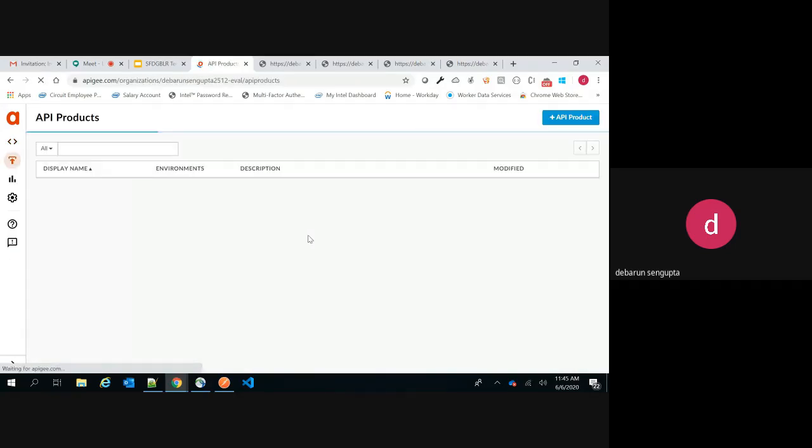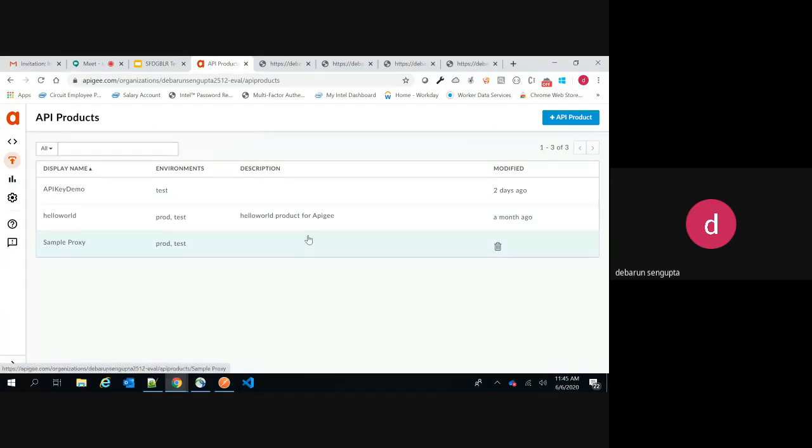So before coming into product, let's discuss what is an API product. An API product is nothing but just like a package. It's a package where you club up all the endpoints or all the proxies which you have created. In this one, we have right now created two proxies, one is a no target, one is a target. And say you want to package these proxies as a product, then in that scenario you have to create a product.